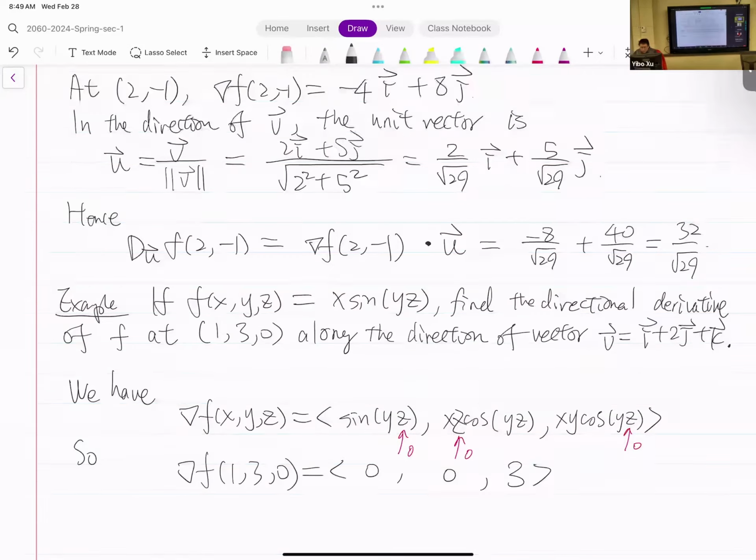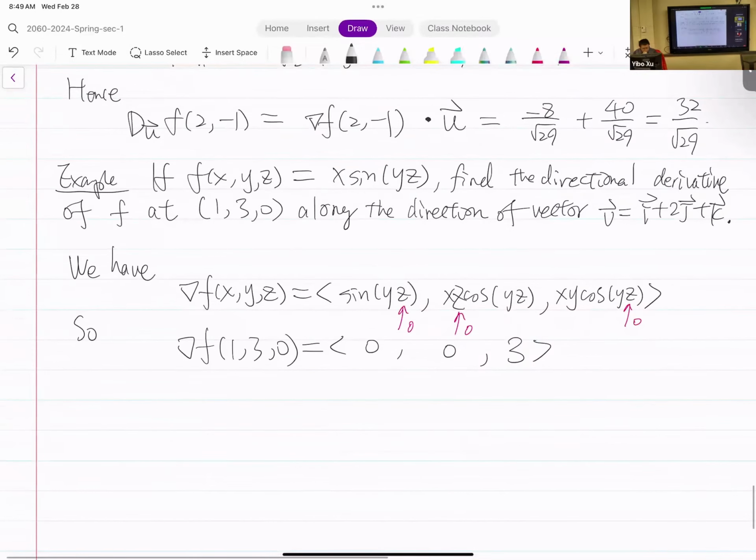So now we get the gradient evaluated at the point. So that's good. And now we just need to play with the unit vector u. Okay, so the unit vector along the direction of v